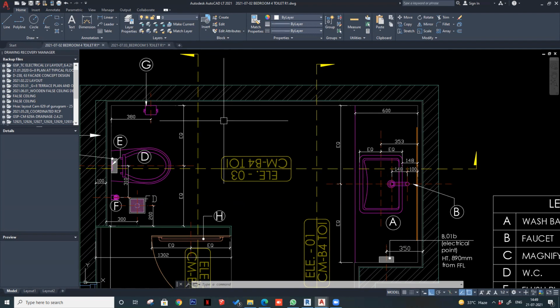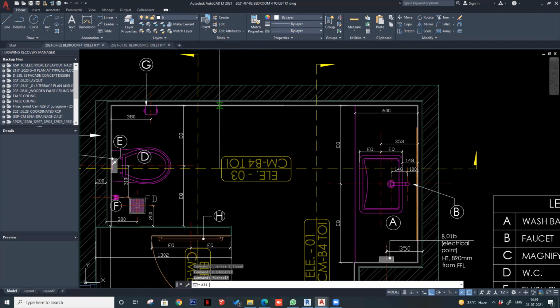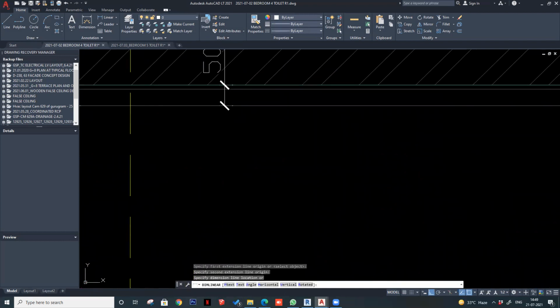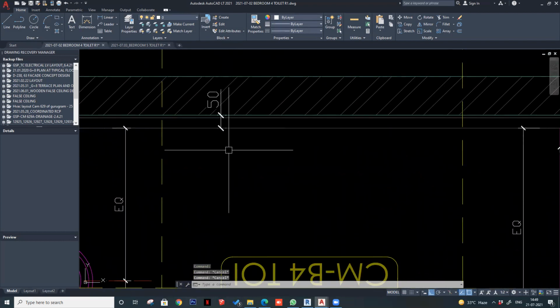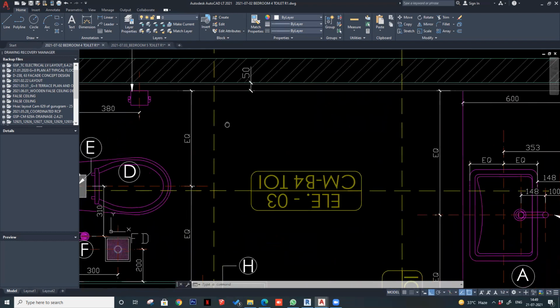But later on, I came to know from site that they are taking 50 mm of margin. So they'll be able to finish this level at 50 mm. So I had to make all the revisions again. So it's better to take that information from your contractor on site, what their idea of finishing is, what level they will finish at. So this is now 50. I made all these revisions again. In revision 1 this went. So that you don't have to do the work twice, you need to ask this from site. Okay.